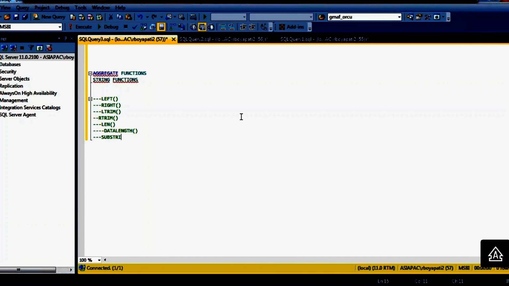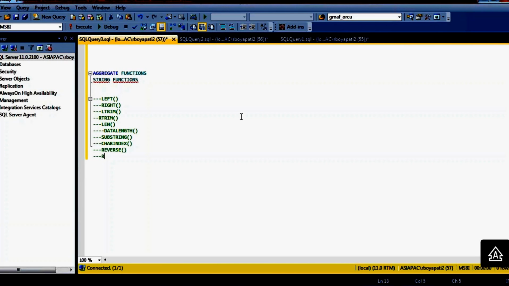Substring function, CHARINDEX function, reverse function, replace function, and the next one is NULLIF function, ISNULL function, and COALESCE function.